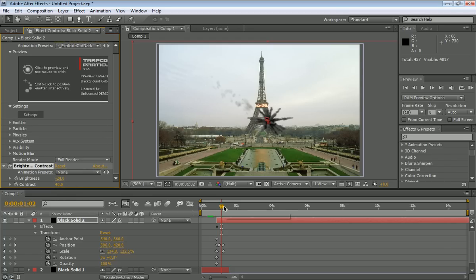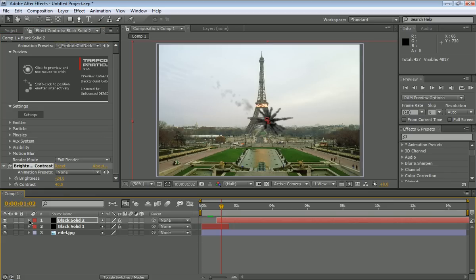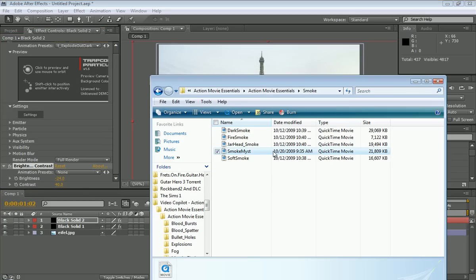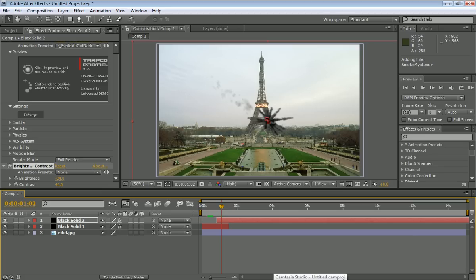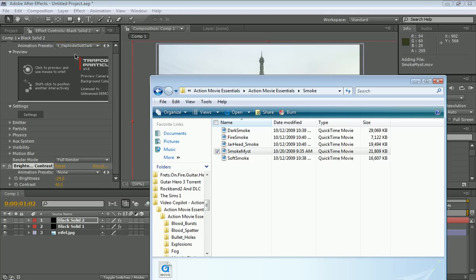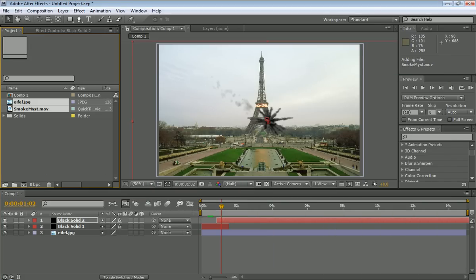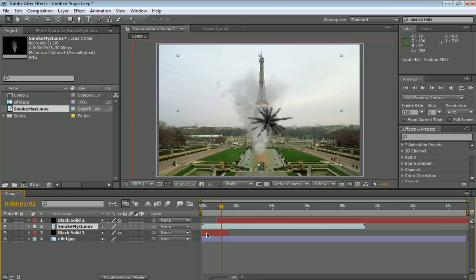Whatever fits your needs. And then we're going to take Action Movie Essentials, which you can torrent. Just type in Action Movie Essentials. It'll take about 2 hours to torrent, depending on how fast your computer is. We'll put the smoke mist right in between solids. Actually, first, we're going to take the smoke mist and put it in the project. I told you I was going to do this. Put it right in between, and go ahead and